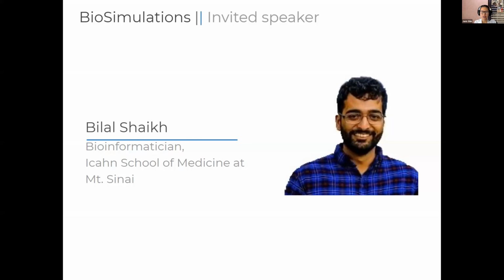Mr. Sheikh works as a bioinformatician in Jonathan Carr's lab at the Icahn School of Medicine at Mount Sinai. His interests are in developing tools to enable large-scale simulation and analysis of biology through application of computational technologies, with the ultimate goal of allowing predictive tools that can elucidate molecular pathways and enable personalized medicine. As the lead developer for the Biosimulations project, he's here today to give us an overview. Please give Bilal Sheikh a warm welcome.